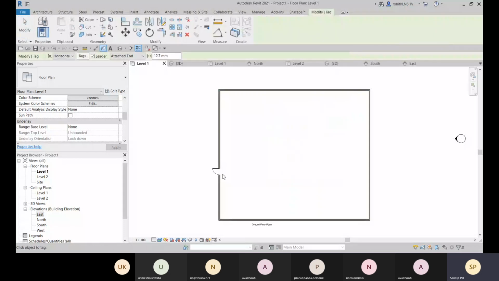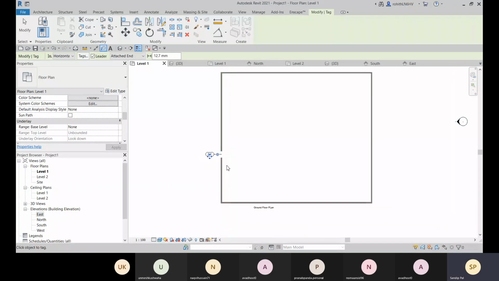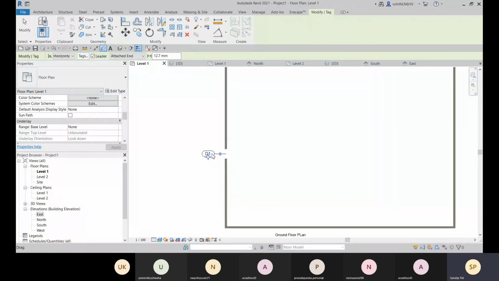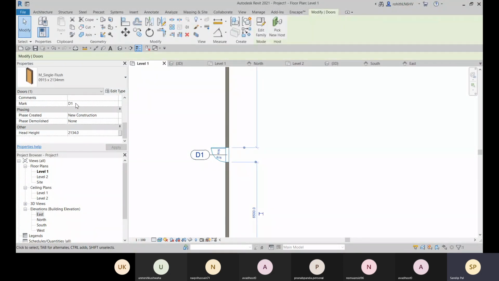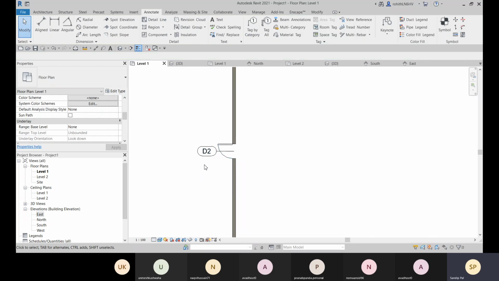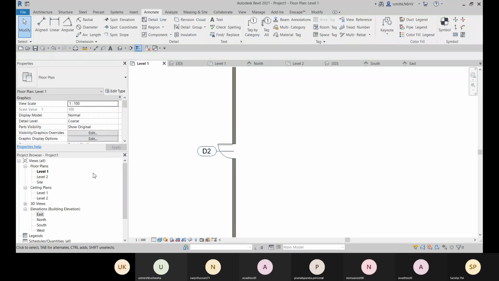And if you go for tag by category, here you can just choose the object and you can place it on it. So right now you can see as per the mark, I'm getting the tag value. And right now this is the D1. So here if I change it to D2, here it will be reflected the changes. So this is the mark property of this door. Okay, what you add with tag option. So that you have available here.